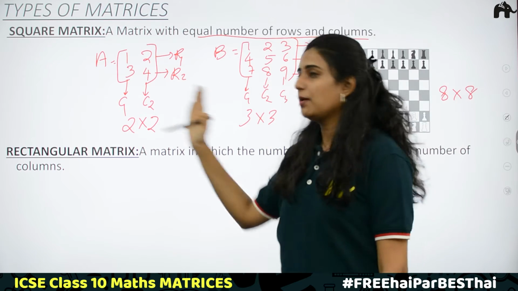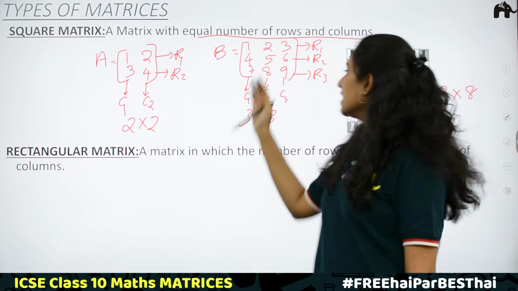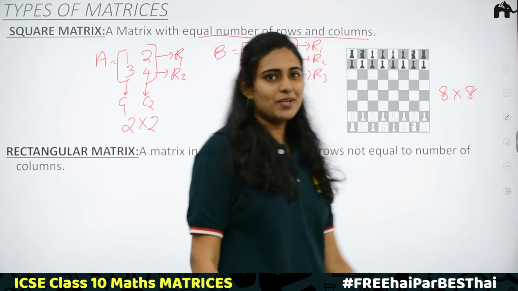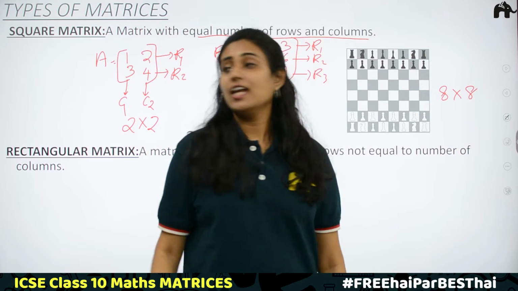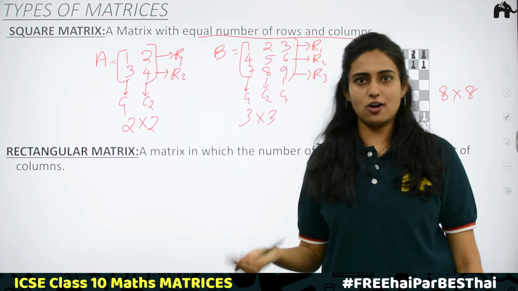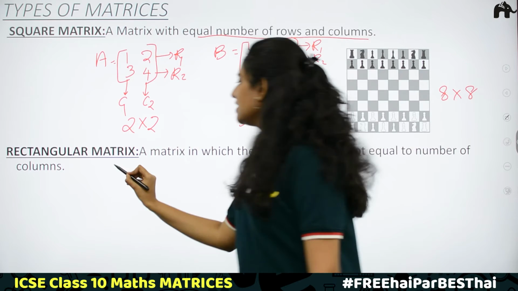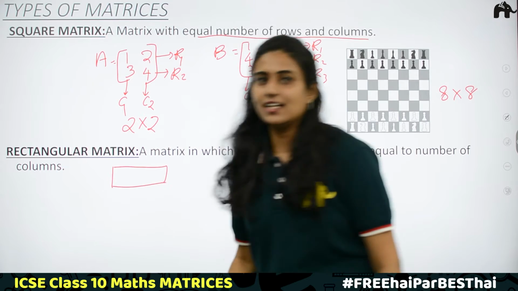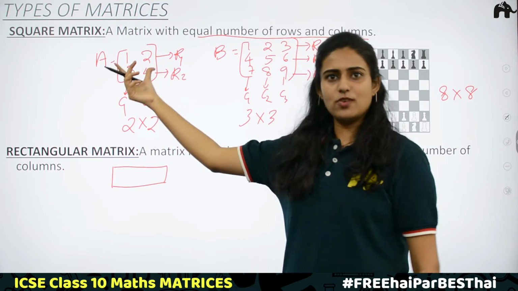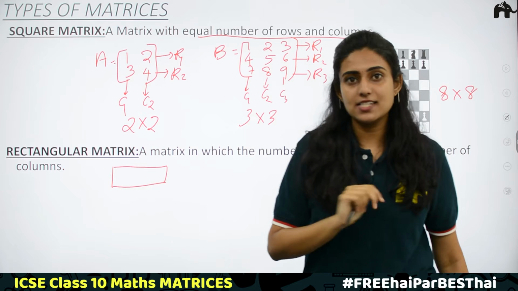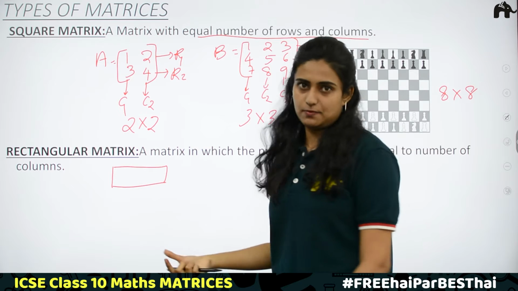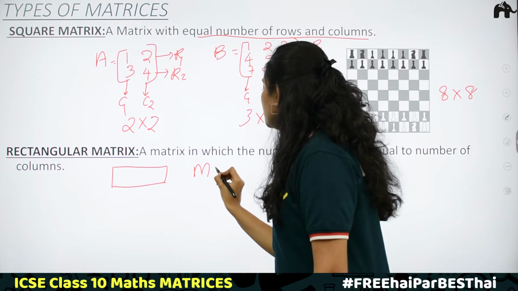Understood? So, this is a square matrix of order 2 by 2. A is a square matrix. B is a square matrix of order 3 by 3. And here this chessboard, this is a square matrix of order 8 by 8. Clear? Next, rectangular matrix. We said in square matrix the number of rows and number of columns are equal. When it comes to rectangular matrix, what is a rectangle? In a rectangle, if all the sides are equal, that is the length and breadth are equal, then it becomes a square, right? So, a rectangular matrix is one in which the number of rows is not equal to the number of columns. For example, matrix M is equal to